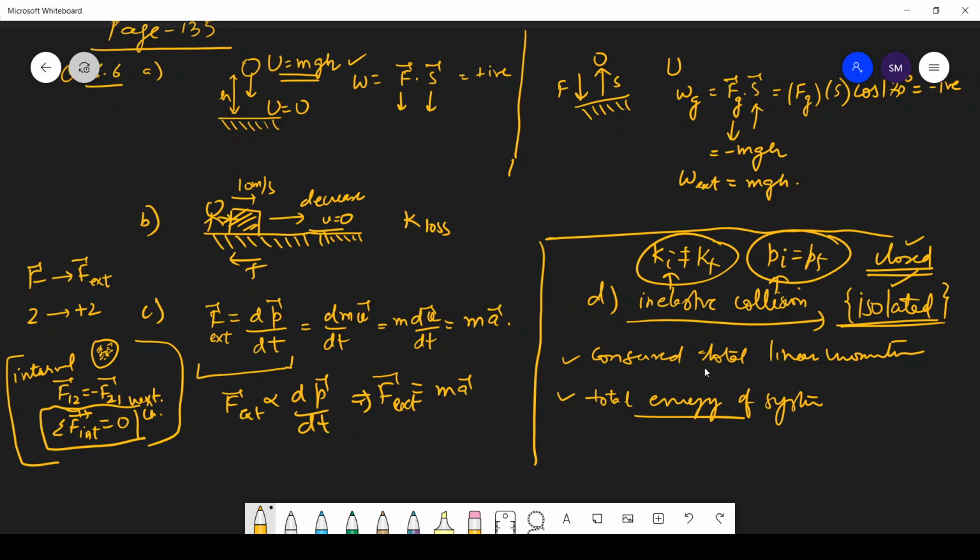So these are the two universal laws, students, everywhere. Don't forget to apply these two laws. Okay, total momentum is conserved and total energy is conserved. Okay, now note it down and send me a